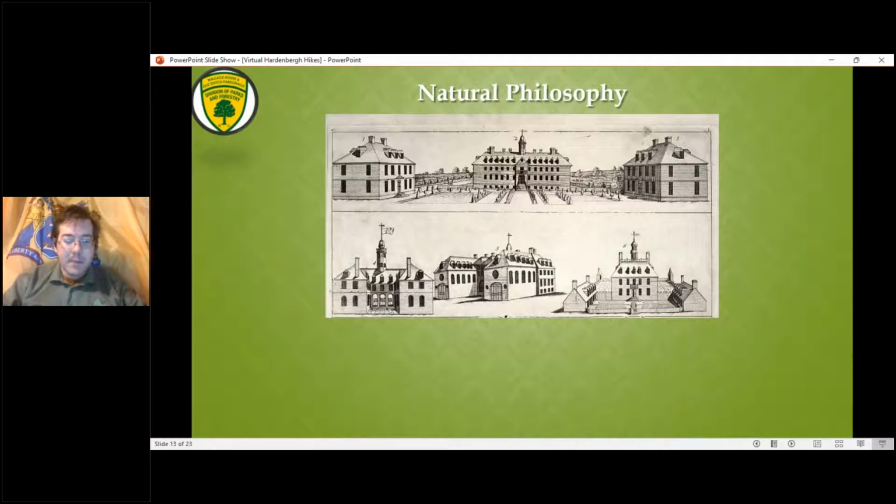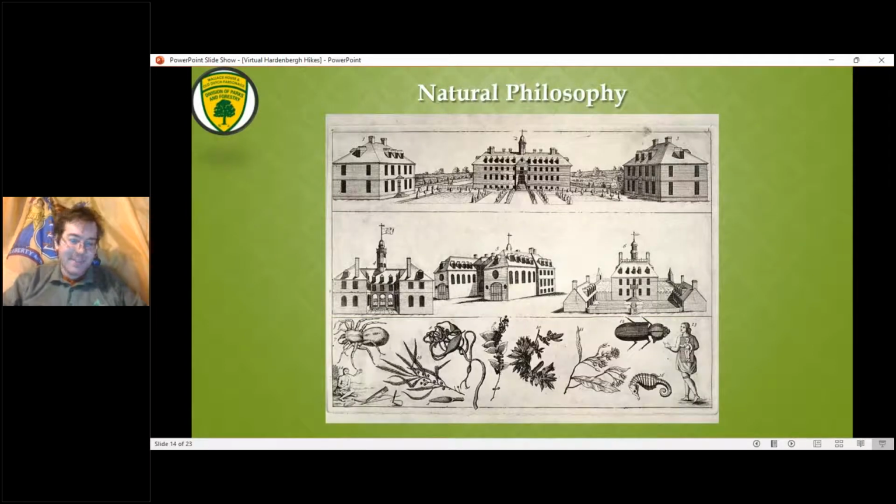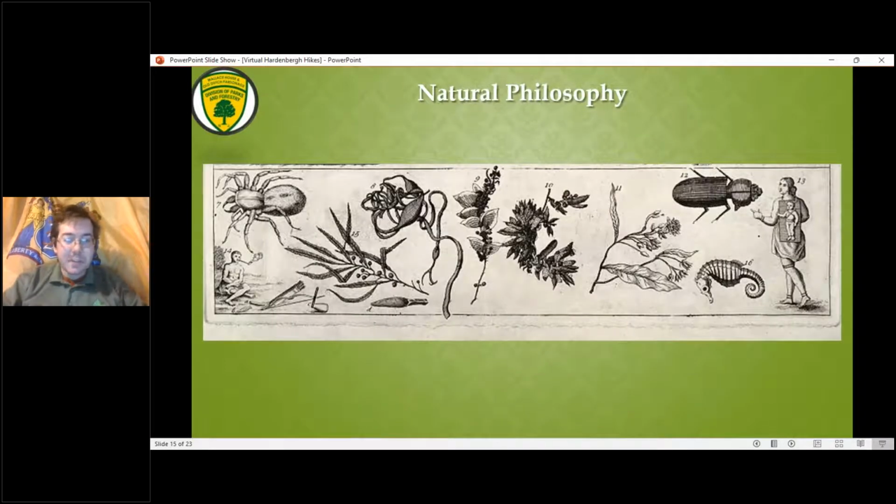But what's less familiar is this third bit of it. And this is the third segment of the Bodleian Plate. And it depicts not only buildings, but it extends that depiction to include nature. And you see, again, some of these spiders, plants, flowers, bugs, even a seahorse as part of that depiction. So very early on, colonists were interested in the natural world of America. It also depicts, as you'll see on the far left and the far right, American Indian figures, in this case,